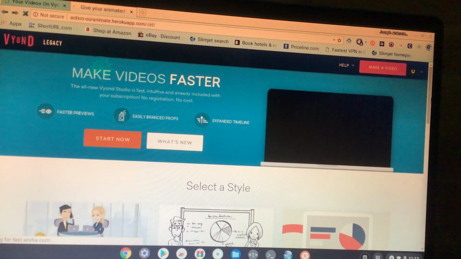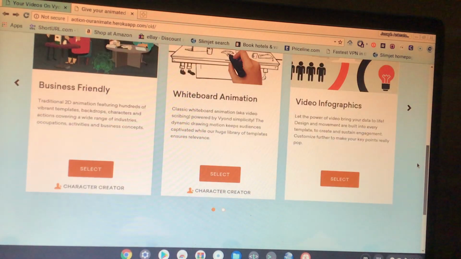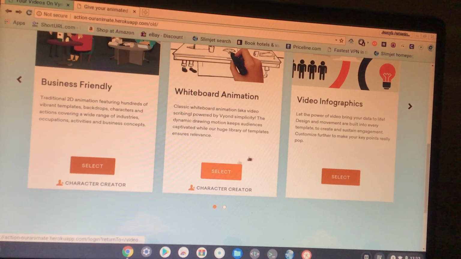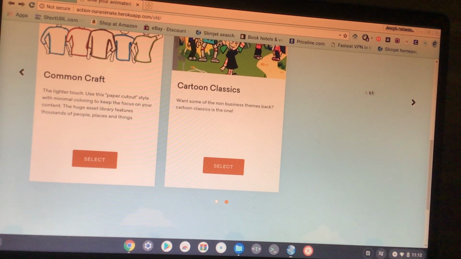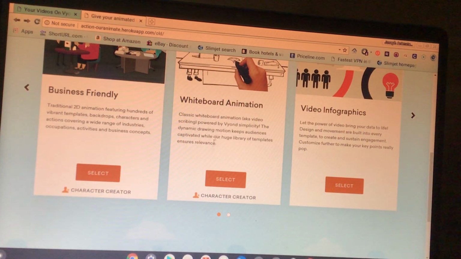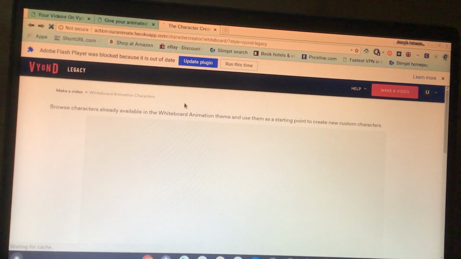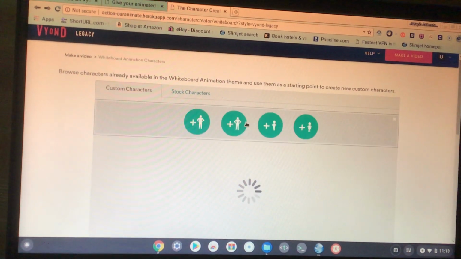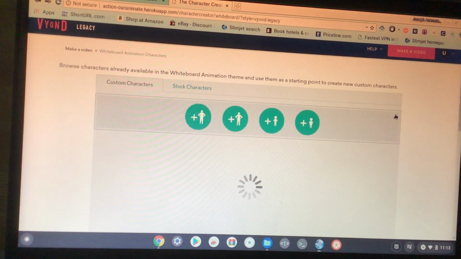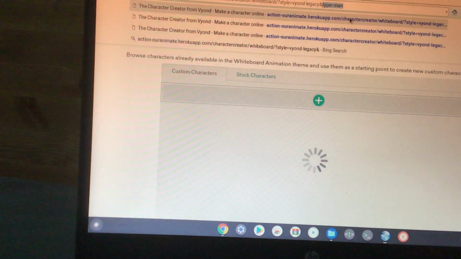So here's the old video maker, except it's not fully updated yet. The buttons are big. It's not supposed to be, because it's the 2017 model of the video maker. You want to create a character, sure, you can do that. And you can browse the characters you want to create, but that doesn't work in Swimjet. I don't know why. But what you can do is type